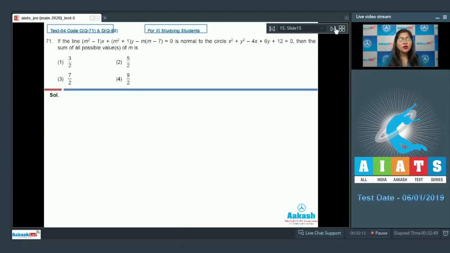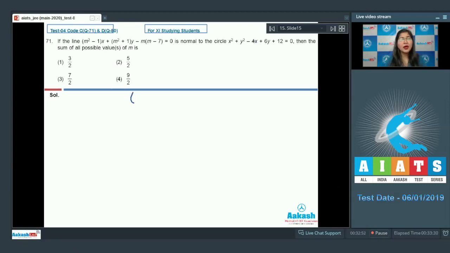Next is question number 71, which says that if the line (m² − 1)x + (m² + 1)y − m(m − 7) = 0 is normal to the circle x² + y² − 4x + 6y + 12 = 0, then the sum of all possible values of m is. Now, we know that any line which is a normal to the circle will pass through the center of the circle. So let us firstly find the center of the circle,